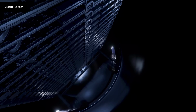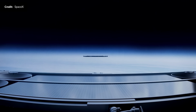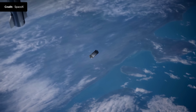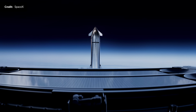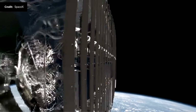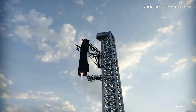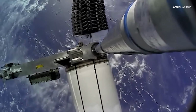Especially considering that each of those satellites will provide over 1 terabit per second downlink capability and over 200 gigabits per second of uplink. That means that for each Starship Starlink launch in the future, they will be adding more than 20 times the capacity to the network compared to a single Falcon 9 Starlink launch. All of course while Starship will be fully reusable, so that's 20 Falcon 9 second stages that have not burned